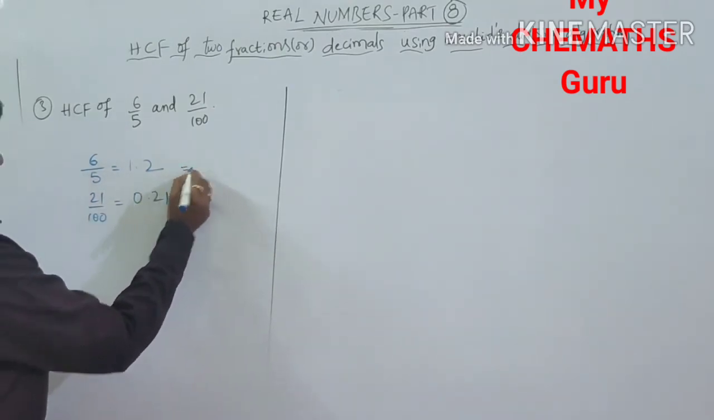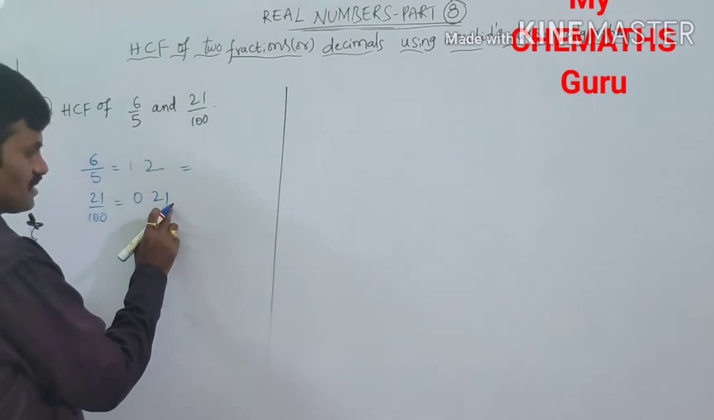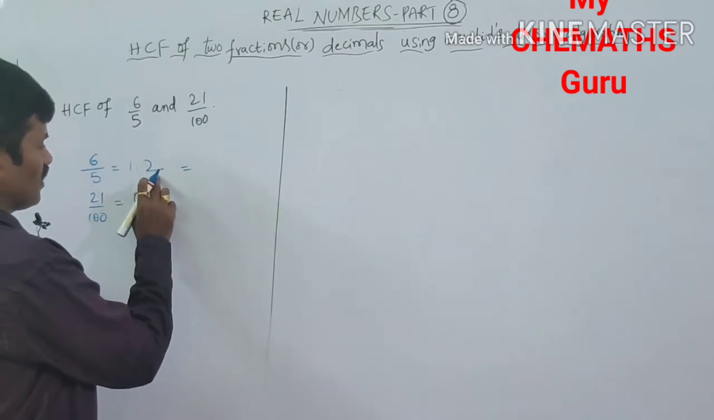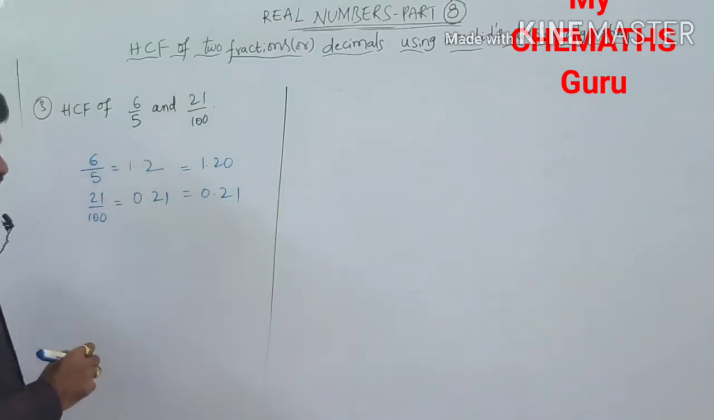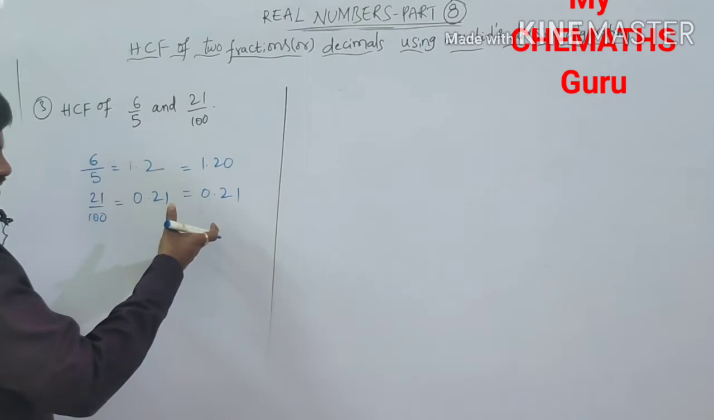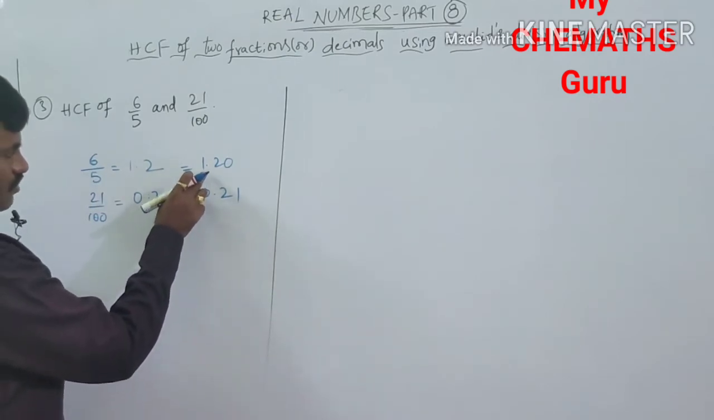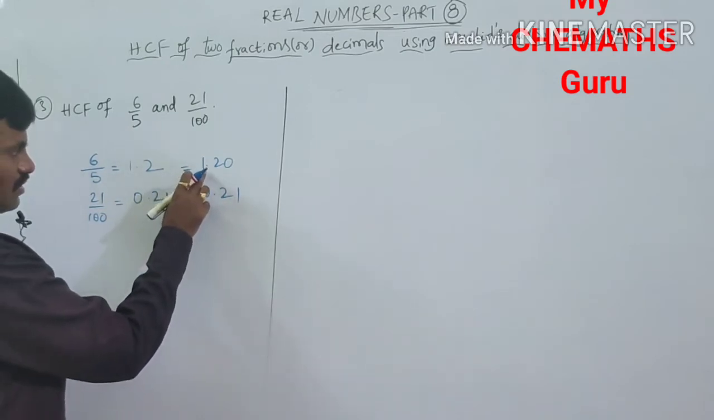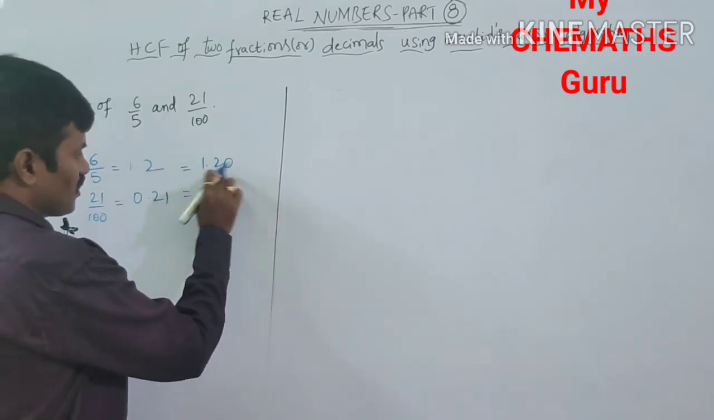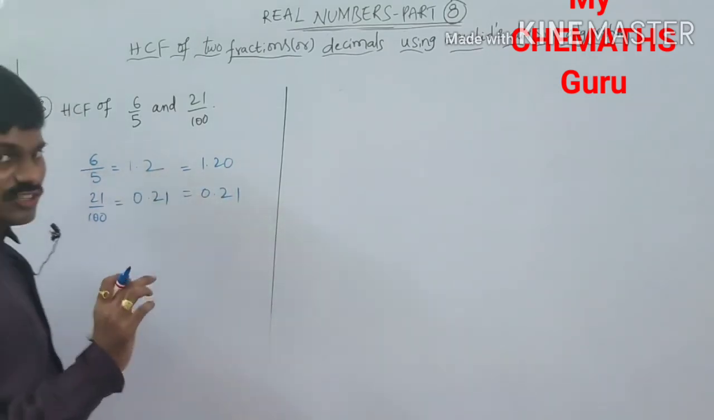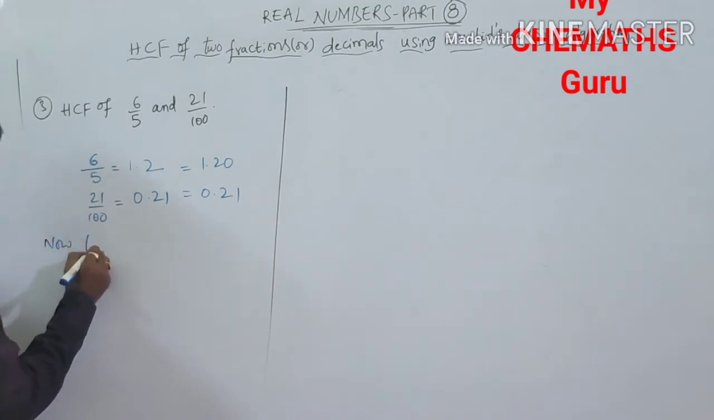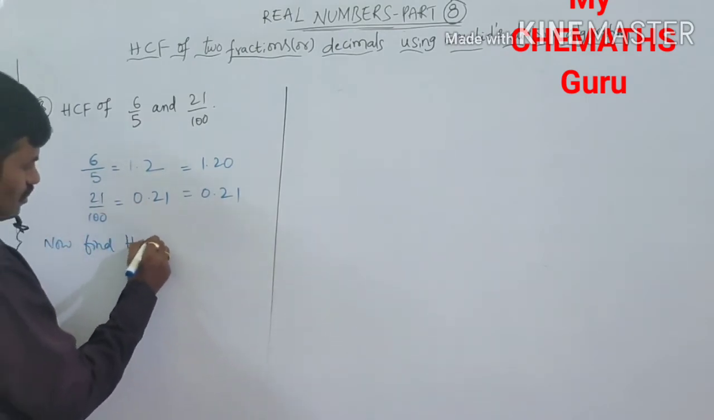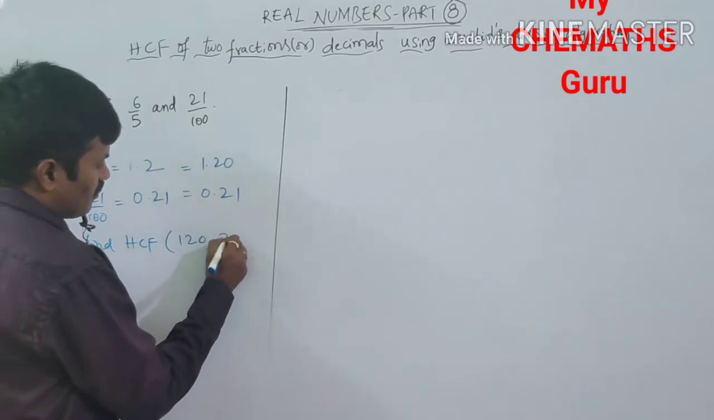Now, how to write this? Here also same. After the decimal point 2 digits are here. Here after the decimal point only 1 digit. Write it as 1.20, 0.21. We will solve this problem in a different way. Now, irrespective of the decimal point, what are these numbers? Ignore the decimal points and read these numbers: 120, 21. Now find the HCF of 120, 21